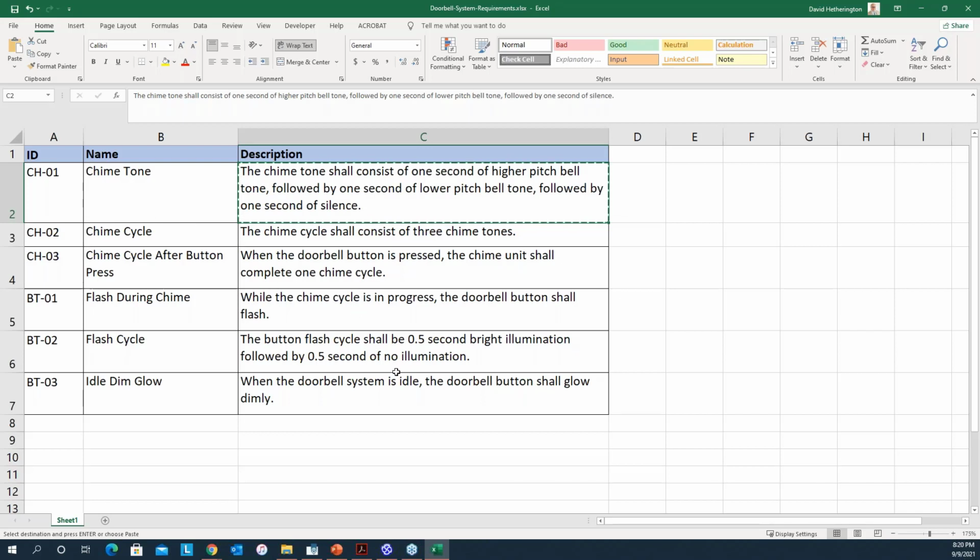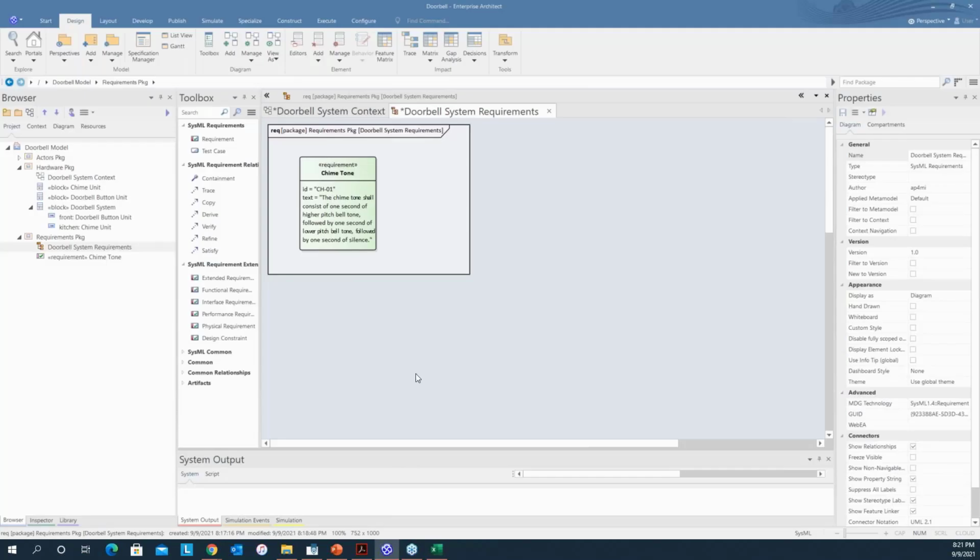If you've got the Ultimate Edition, you should be able to load them directly from the spreadsheet right into the tool. I'm not going to do all six tonight, but I'm going to do one more because we're going to need it in just a second. So I'm going to do this idle dim glow requirement. So we're going to make another requirement here,